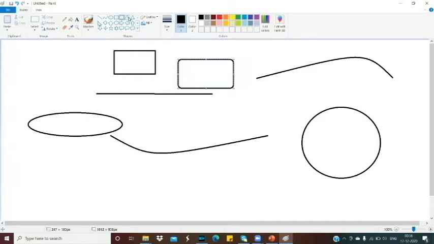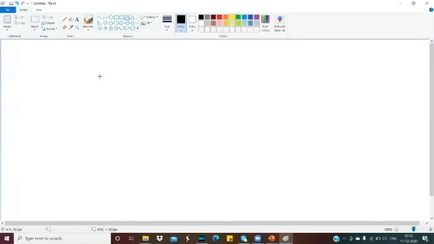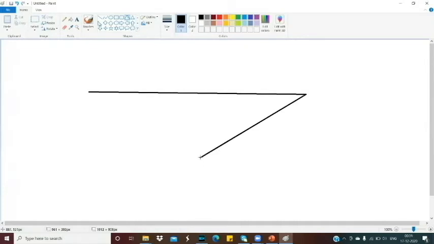And the next one is polygon tool. How will we use it? Select the polygon tool. Listen carefully. First click and drag to draw the straight line. Then where will you click next? Towards the line will be drawn automatically.